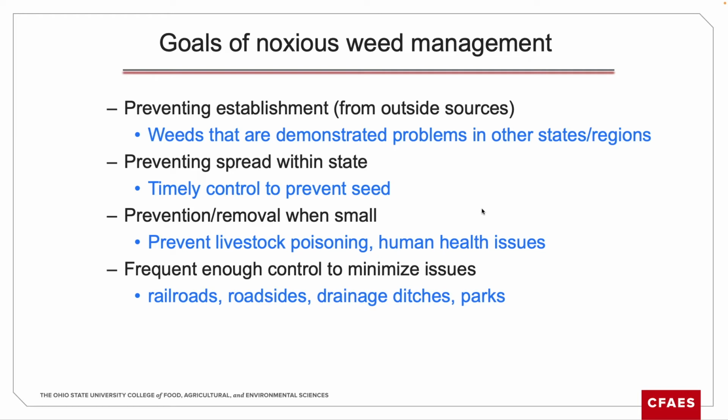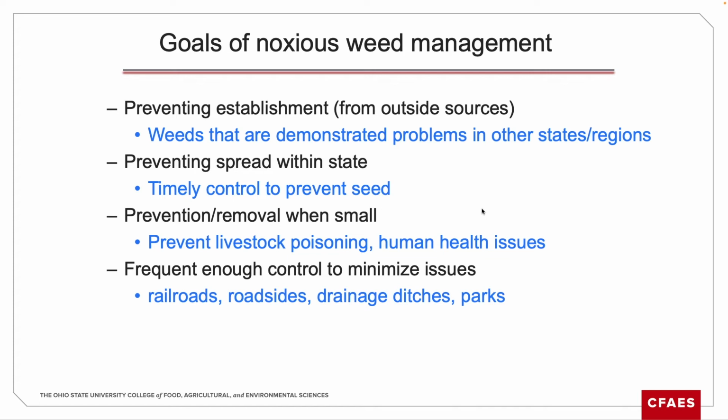The idea of having them on the list is if that does get started, and some of these get started on railroad areas, because railroads spread seed along their tracks. Bird seed, for example, can have some of this in it from other areas. It's about preventing spread within the state, so if we have something that's got a little bit of establishment, but you really don't want it to spread, you're trying to make sure you keep it from going to seed.